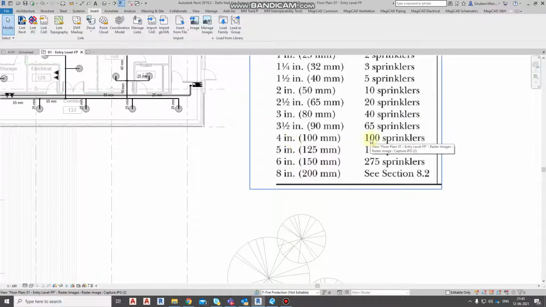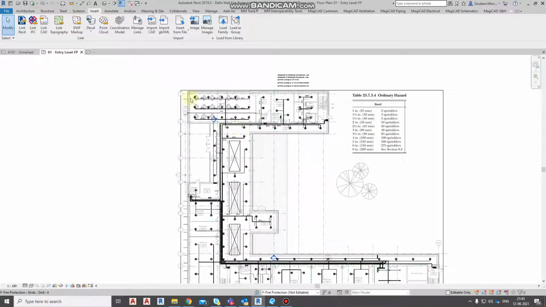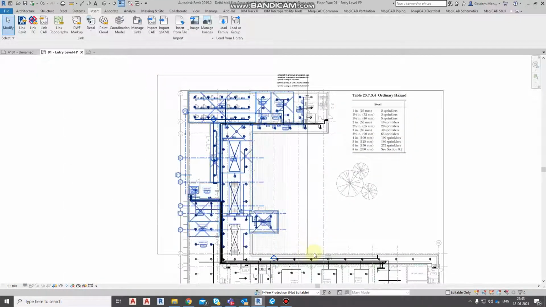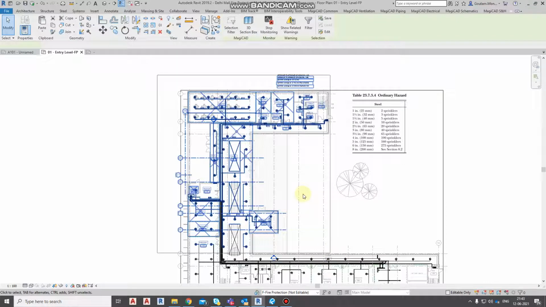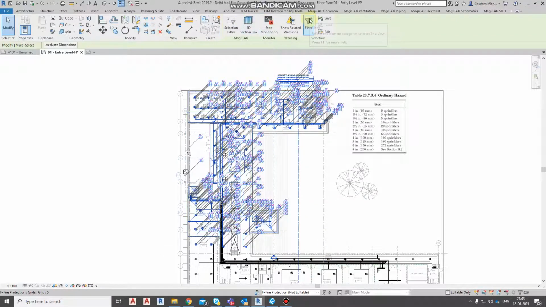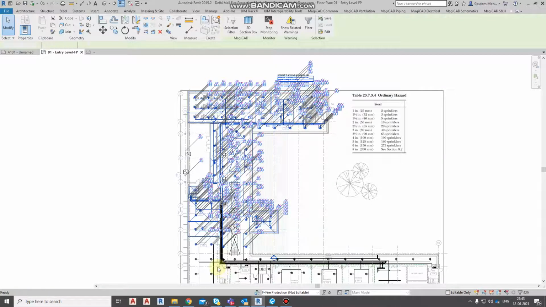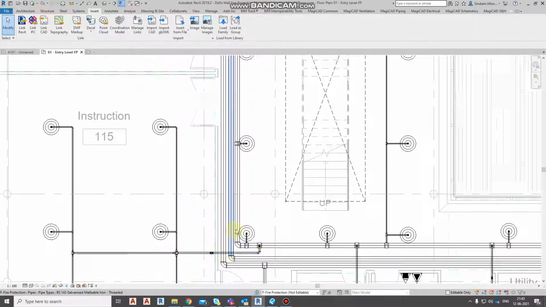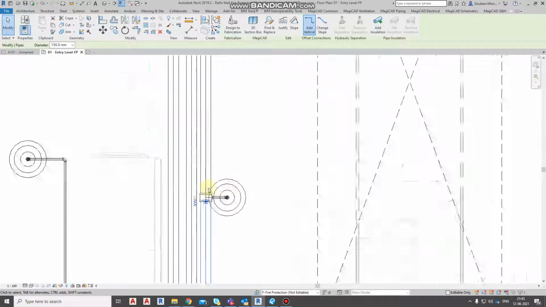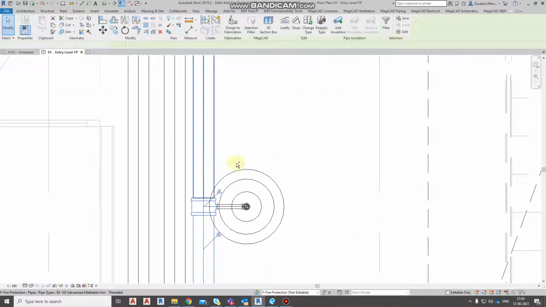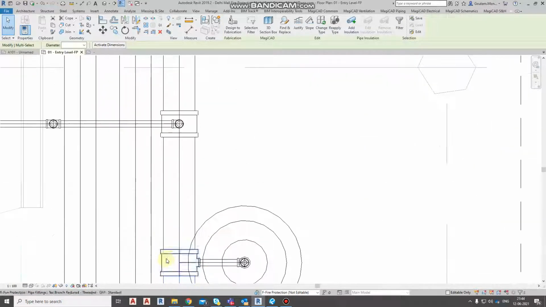In 100 mm we can go up to 100 sprinklers. Just we will filter this one, just select. So here you see that we have 70 sprinklers. So up to this bend we can select this pipe, and we have to keep 100 mm pipe size.